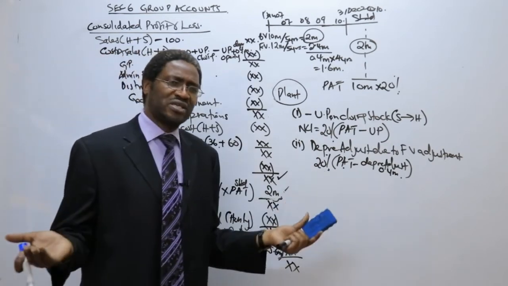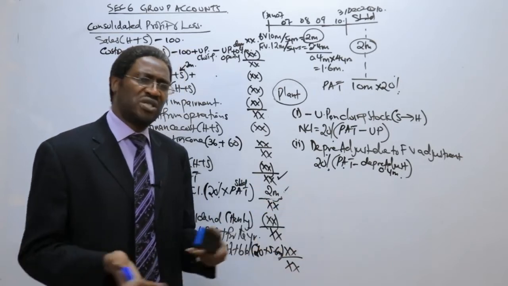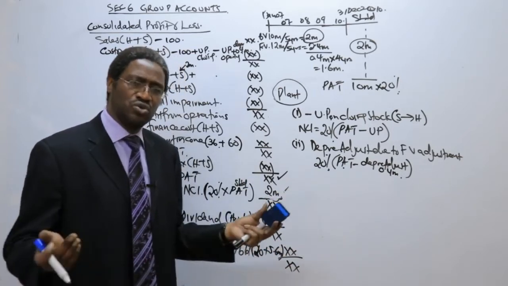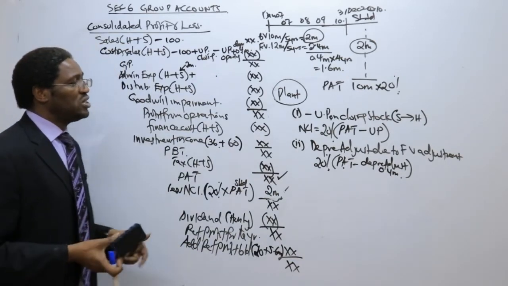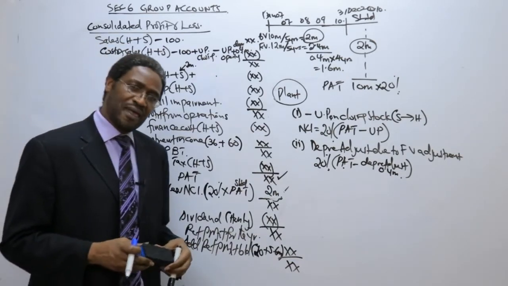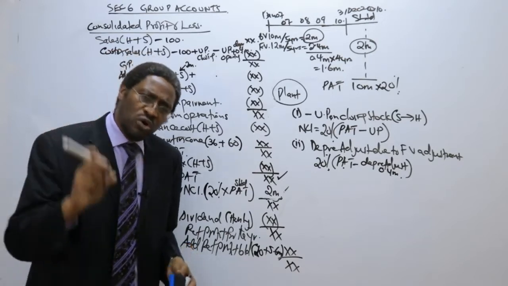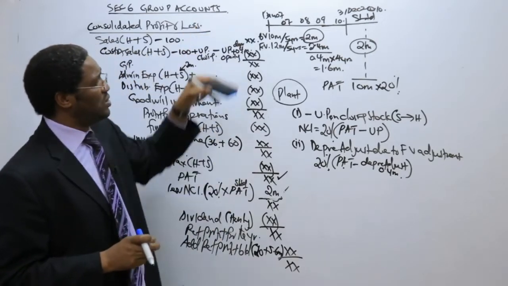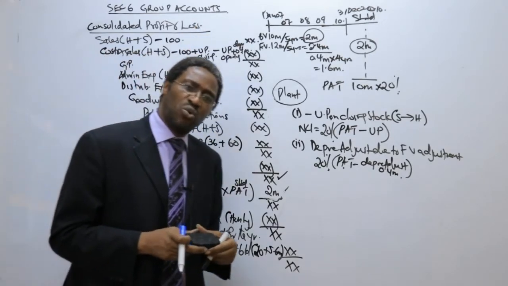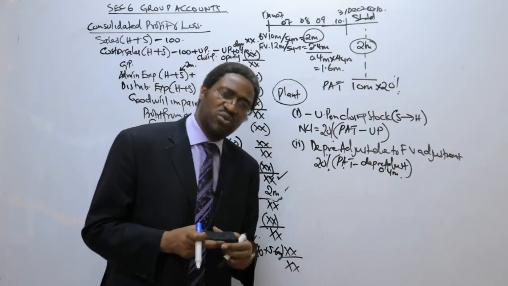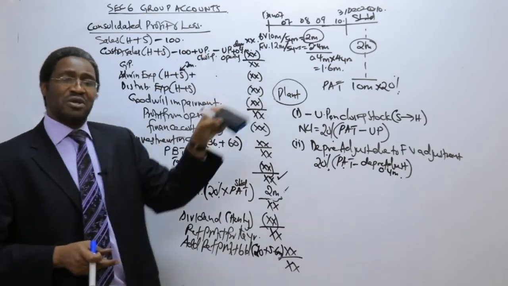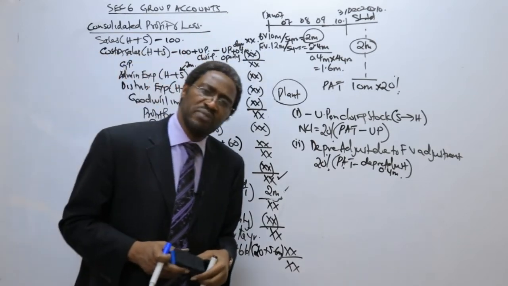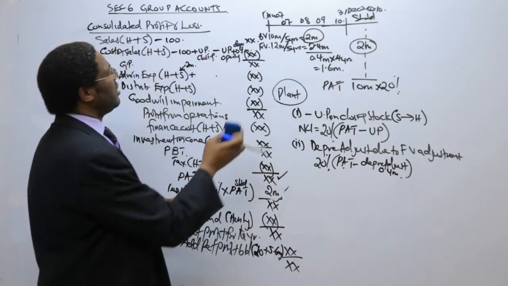The examiner just tells you the fair value of a plant was this, the book value was this, and so you're supposed to provide the depreciation adjustment, and therefore he doesn't remind you where to charge it. Now, we also, when we were discussing this fair value adjustment, when we were dealing with the balance sheet or statement of financial position, you also remember we said, what if the fair value